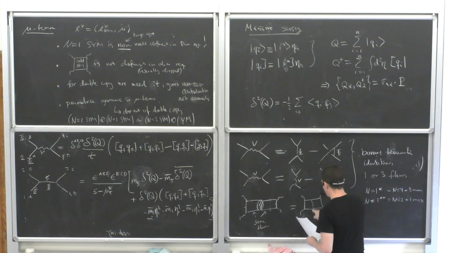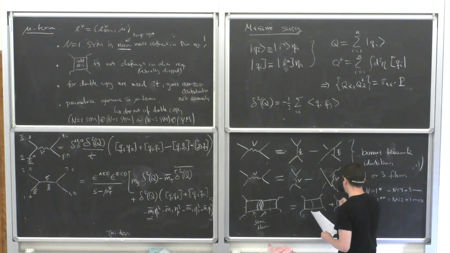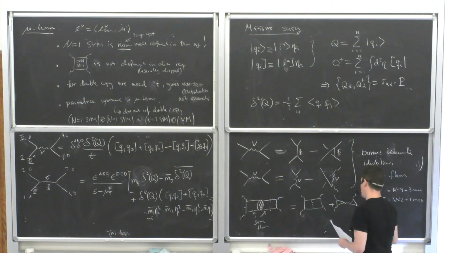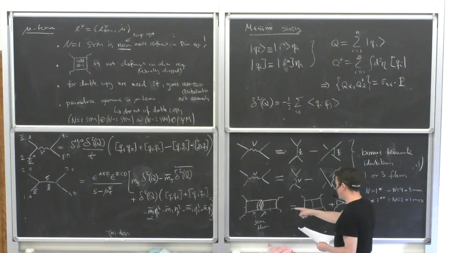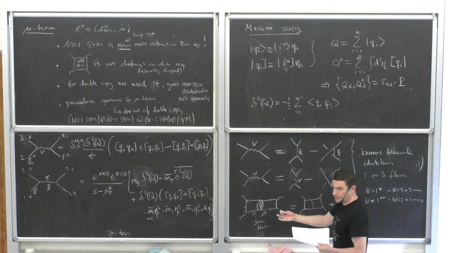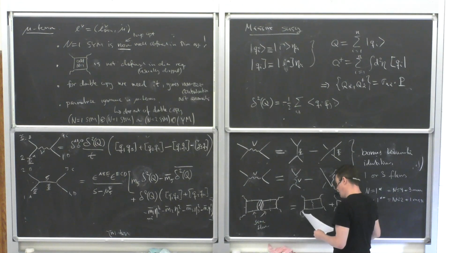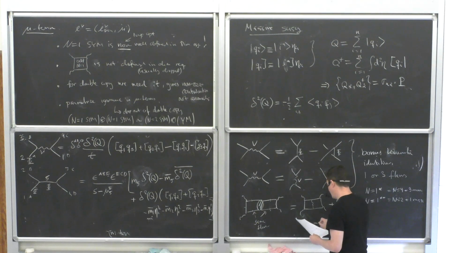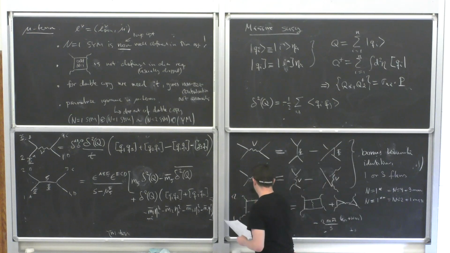So the double box with a vector exchange and the double triangle, or the bow tie, with a vector exchange. These are the only two diagrams that contribute. But it turns out that the cut doesn't quite work, meaning that the cut doesn't fit what we put into our Lagrangian. There's an extra term, and the extra term looks like 2m bar, I think it is, kappa 1, 2 plus kappa 3, 4 over S. And this is 1, 2, 3, 4.